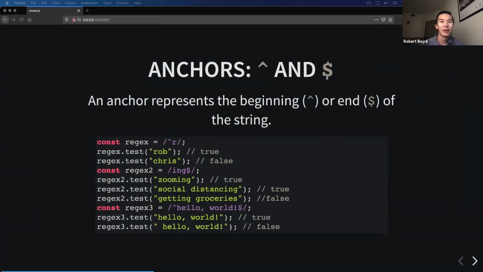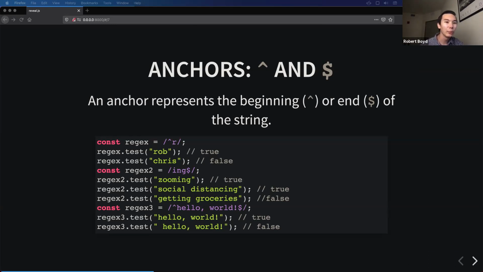Okay. Anchors. These might have different names. This is just a name that I use for it. I believe they're called anchors. But so you might see that caret again. So caret can have two different meanings depending on where it is. Most characters in regular expressions are not like that. So most of the language is pretty simple. This is one case where it kind of is used for two different things. If it's not inside of a character class, then it represents the beginning of the